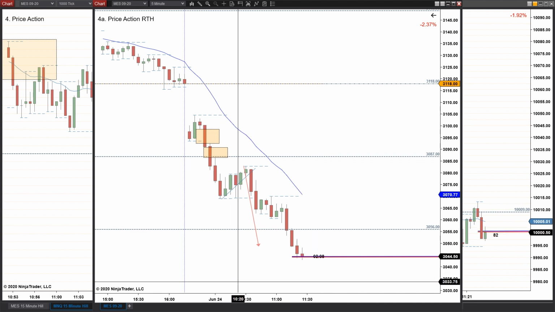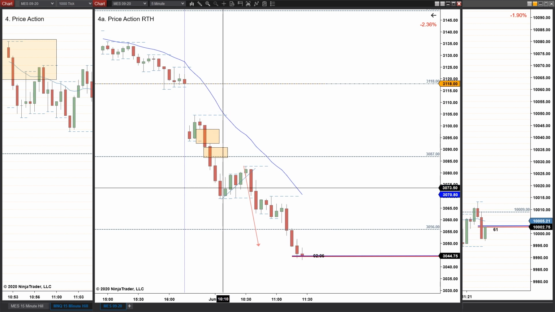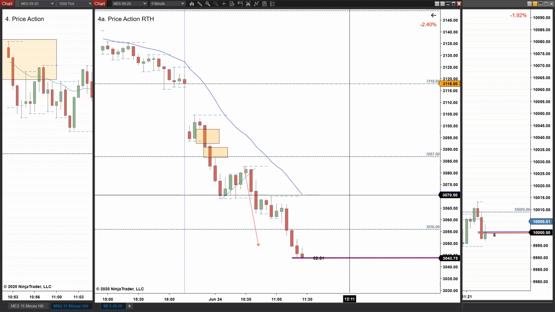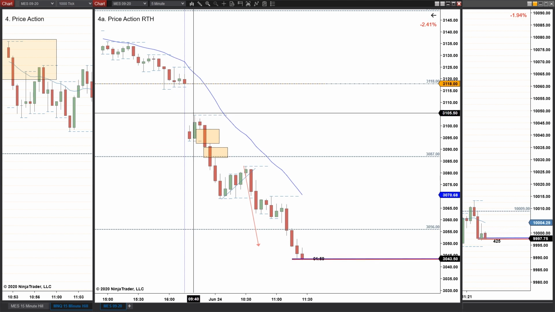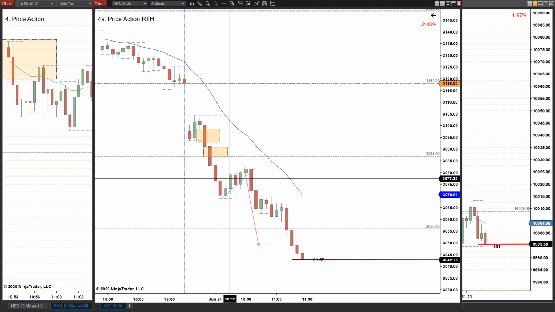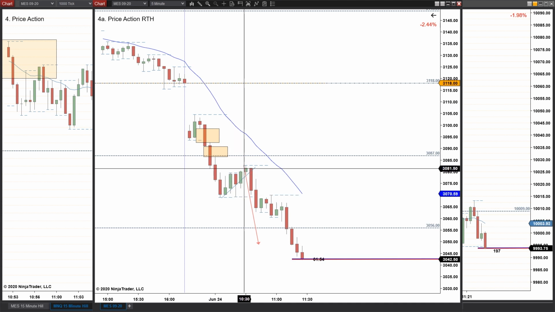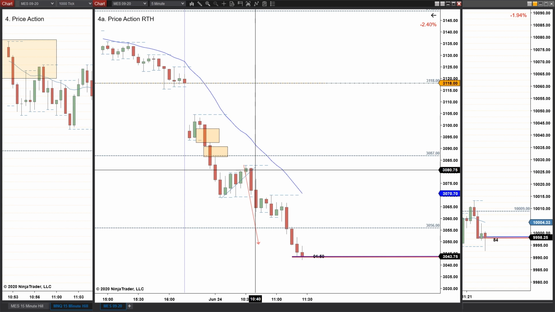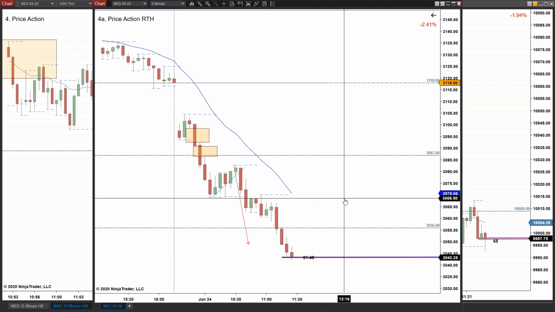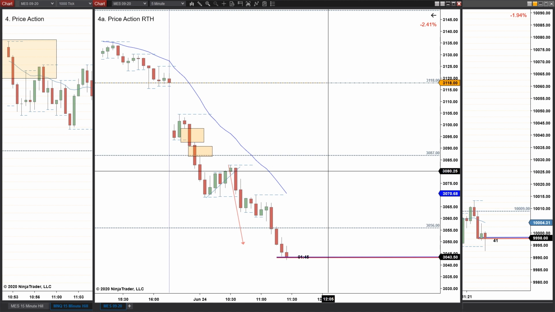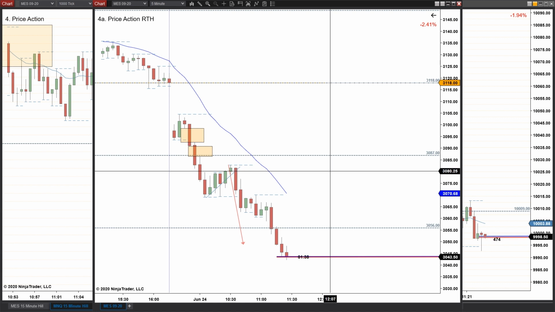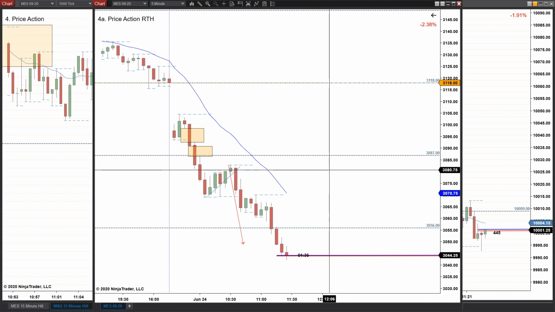Now, if you're looking from a trapped perspective, that's one of my favorite ways to do it. There hasn't even been a chance for buyers to get much of a bounce. I mean, they had the second candle of the day that rotated down. I don't think anybody's going to buy above that. Maybe they buy there, right? So maybe buyers get stuck in that 80.75 to 81, and then it slams down on them. If the market's going to start rotating back up again, chances are that's where it's going to come back to, because that's where everybody's trapped from. So around that 80 point is going to be a hot spot today. See if it comes back.